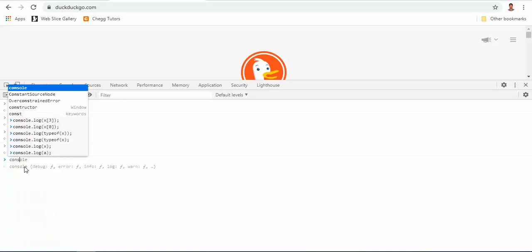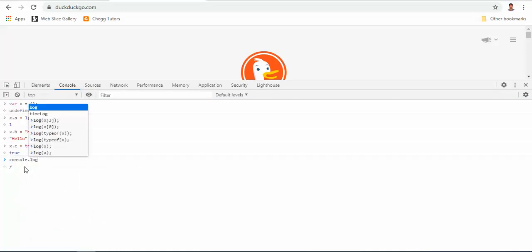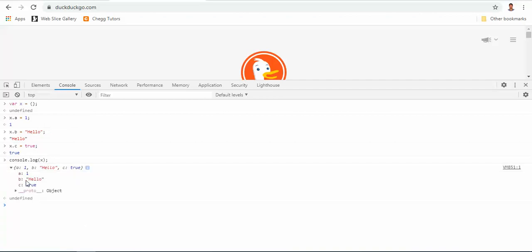So now if I do console dot log x, you can see that first of all this first line is coming in JSON format. And you can see the object's property a is in blue color.